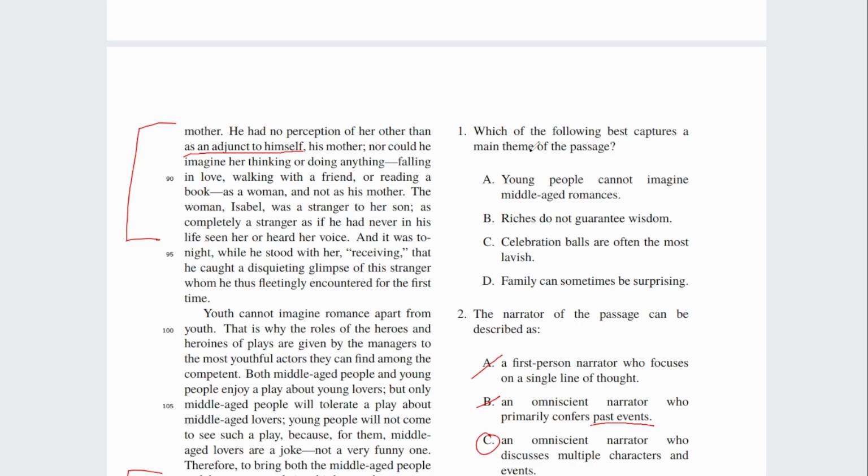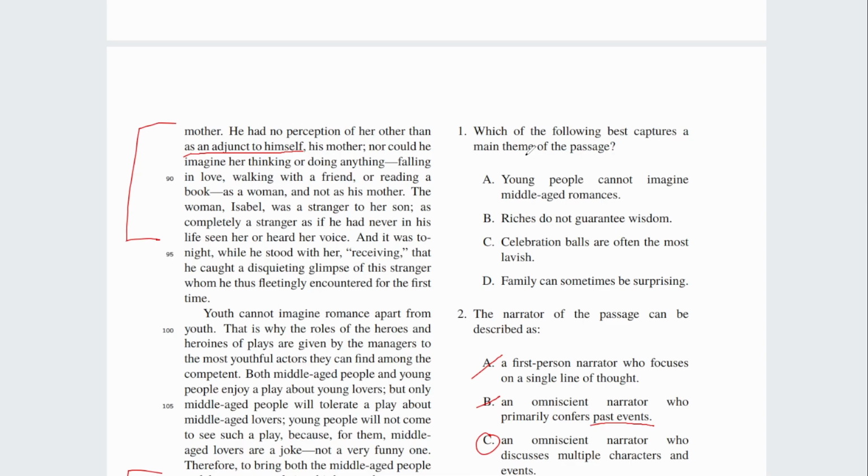They put them first because the ACT likes to do stuff like that. I honestly don't know why, but they're not trying to help you. The more that you've reviewed the passage, the more that you've gone back over it, the more that you've thought about how all the pieces of the passage fit together, the better sense you're going to have about these main themes and main purposes. And that's when you have the best chance of answering this quickly and correctly. So anyway,